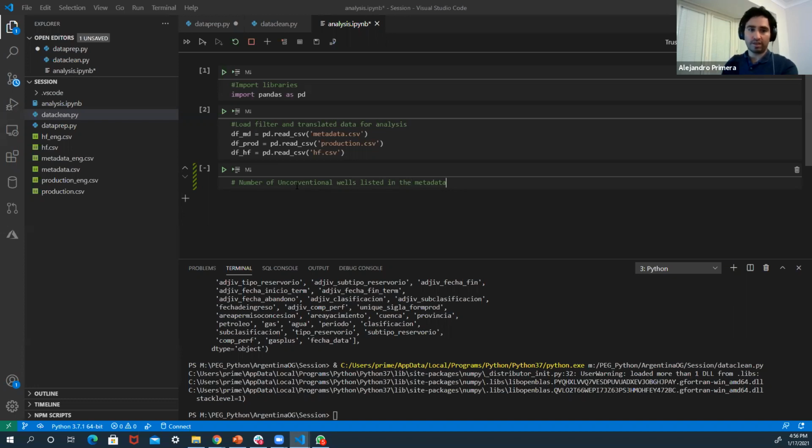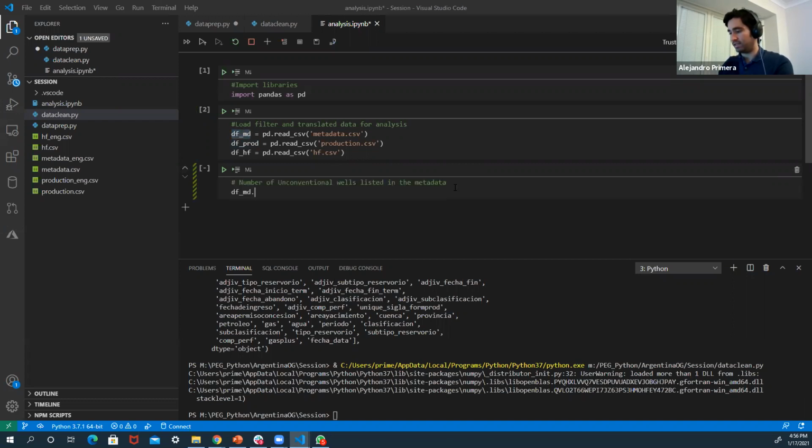Just a simple question. Hold on a second, something going wrong here. Okay, so I would like to know that, and if I read the metadata here,